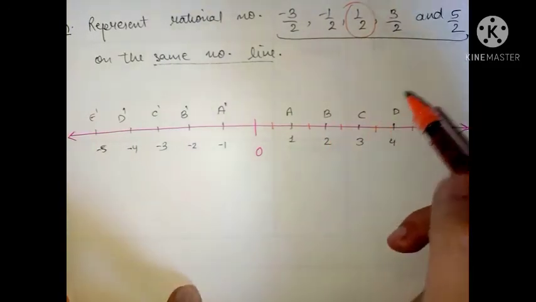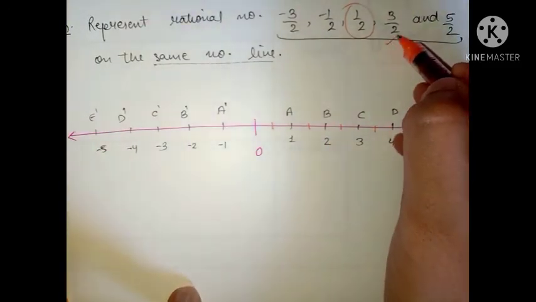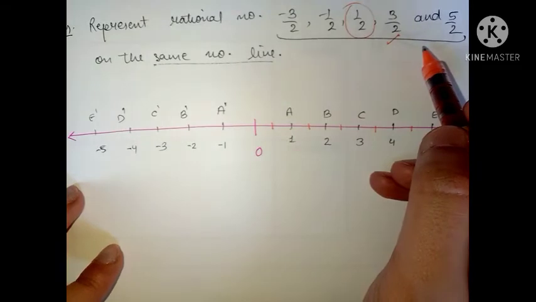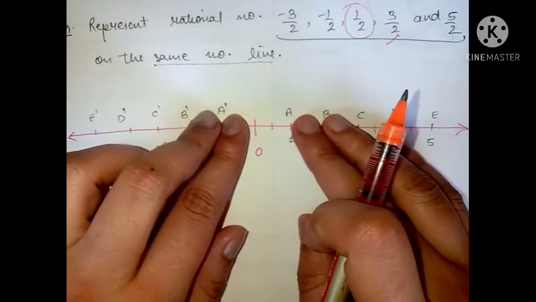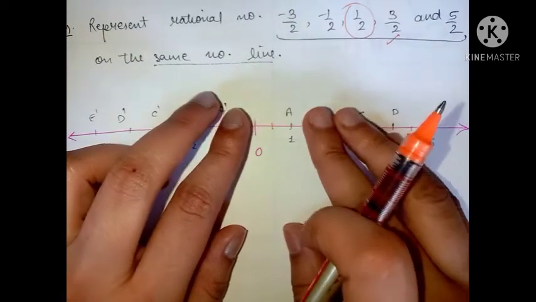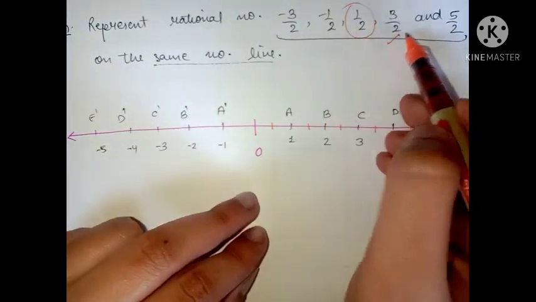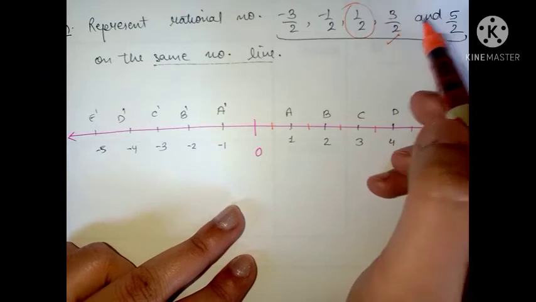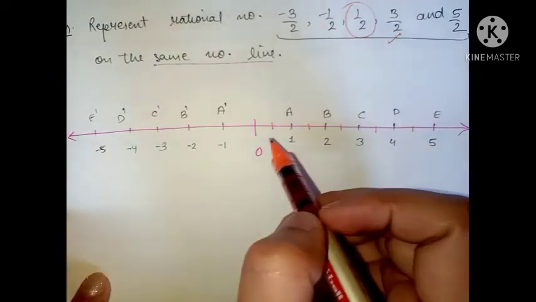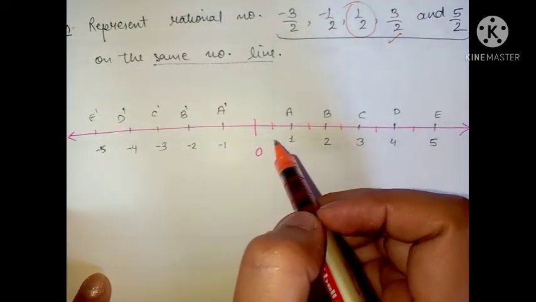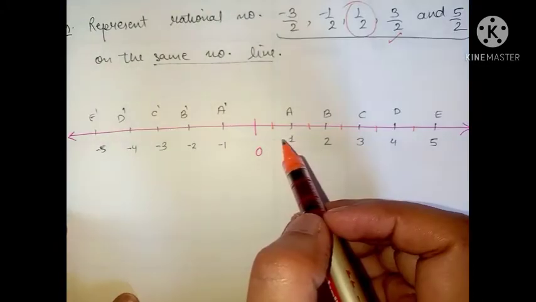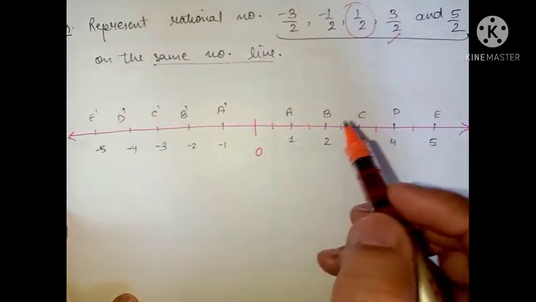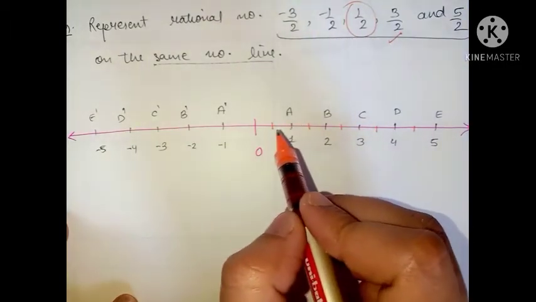Why are we doing this? Because 2 is in the denominator. If it was 3 in the denominator, we would have been splitting this interval into 3 equal parts. You need to understand this right here. Since 2 is in the denominator of every rational number which is given to you, we are dividing this interval into 2 equal parts. If it was 3 in the denominator, we would have been splitting it into 3 parts, and for that, we would have marked here 2.